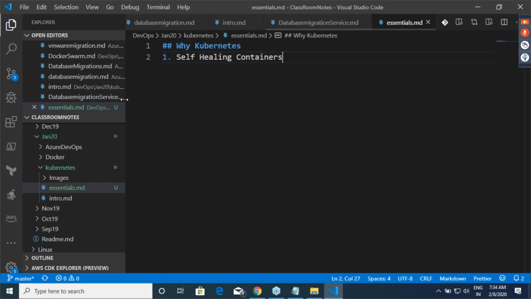So from your side, there is no need for administrative effort saying, okay, one of the machines has gone down or one of the containers has gone down, now let me log in to the machine and bring up one more. No, that will automatically happen. So they are self-healing in nature. Am I clear on that? Yes or no? Yes. Okay. Right.